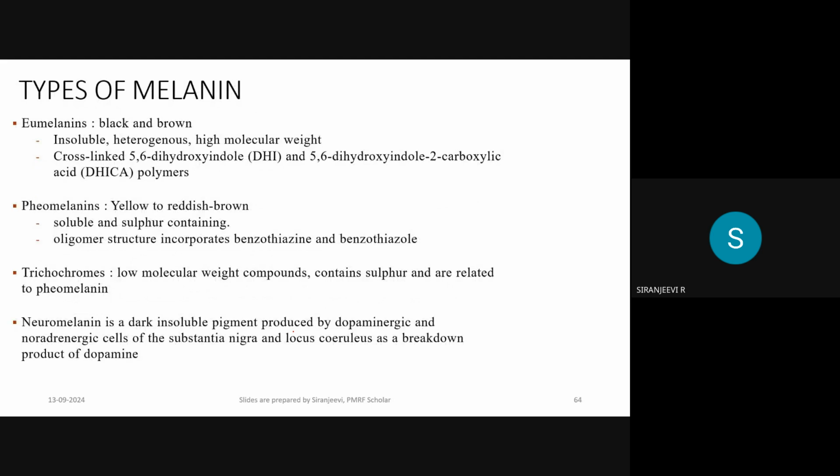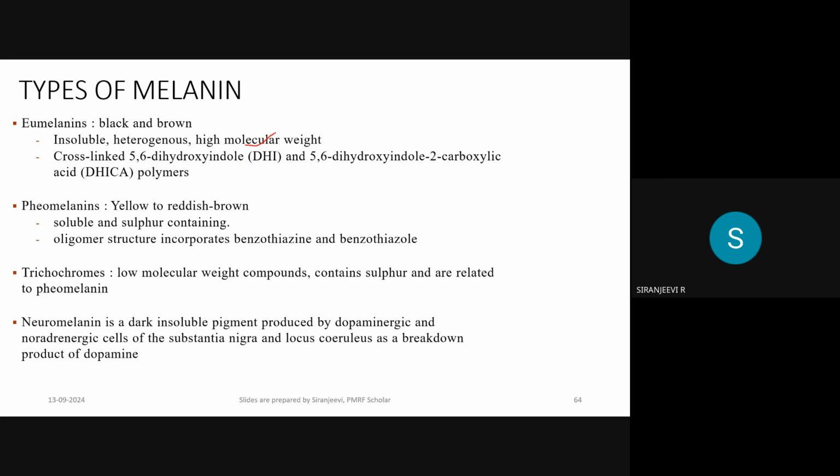There are two sets of melanin out there, eumelanin as well as pheomelanin. Eumelanin is responsible for the black and brown color, and it is insoluble in the body and heterogeneous. The reason it's heterogeneous is that it involves cross linking of two molecules. One is 5,6 dihydroxyindole, DHI, another is 5,6 dihydroxyindole 2 carboxylic acid, that is DHICA polymers, and